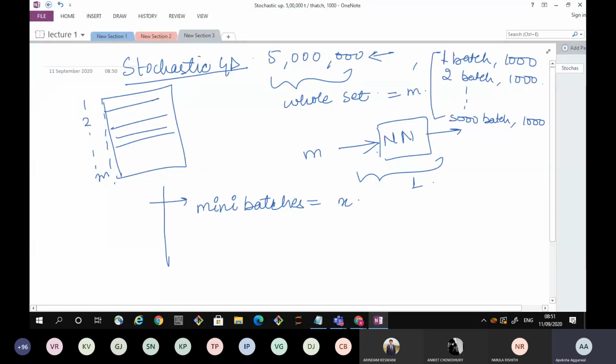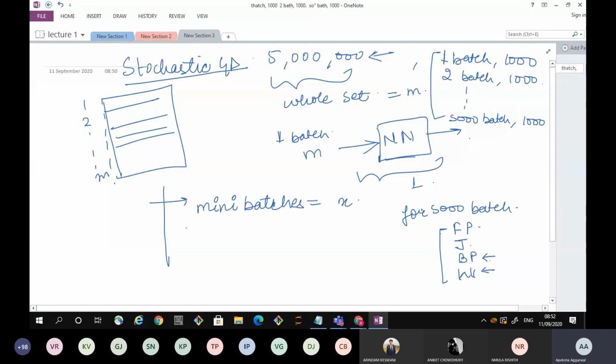So for the first iteration, I'll give my first batch as input, and then learn it, and then update weights, and then keep on repeating for all the batches. So what is basically the algorithm? For 5,000 batches, what do I do? First, forward propagation, then calculating the cost function, that is J, then back propagation and updating the weights using the gradients that I have calculated in the back propagation. So these four steps I'll repeat for each and every batch.